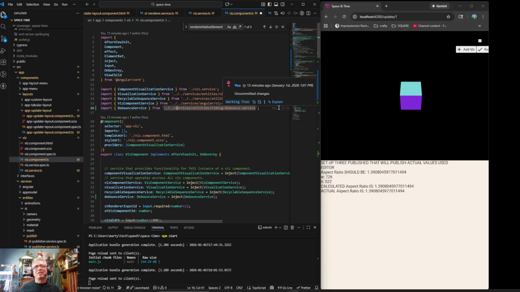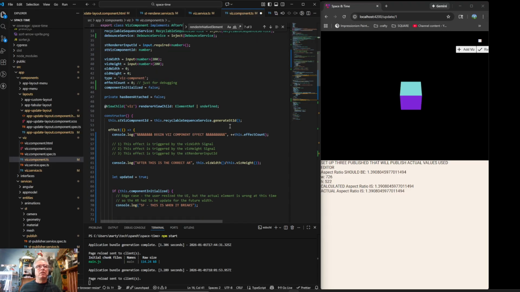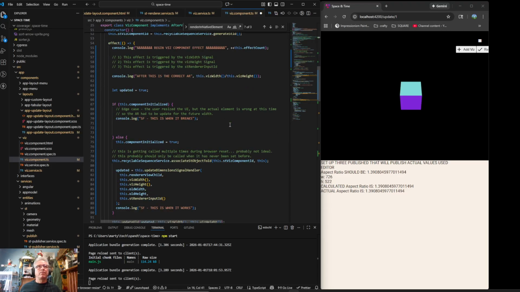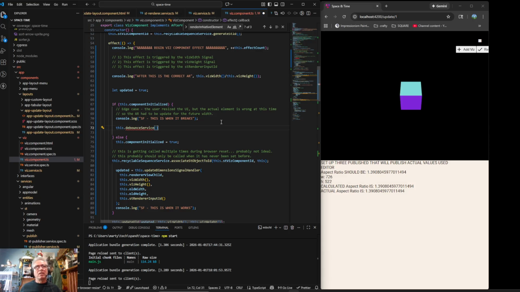Although it's weird because it says I brought it in 13 minutes ago, and it literally just came in just now. All right. And so I believe it's like this dot debounce service,